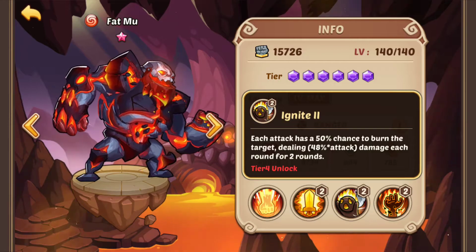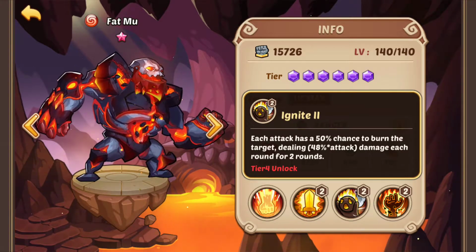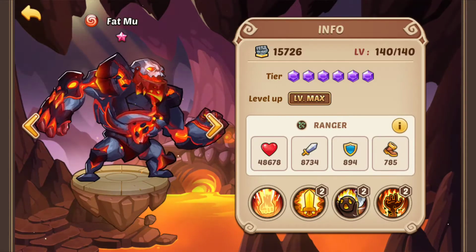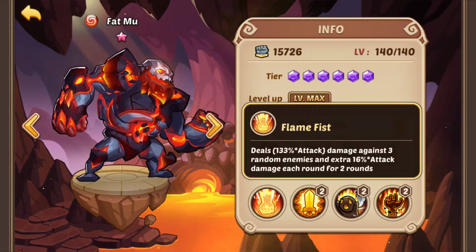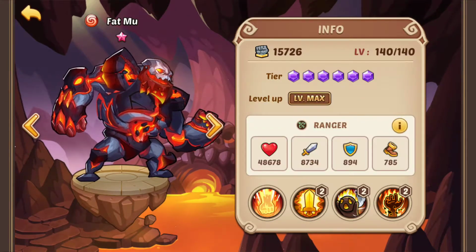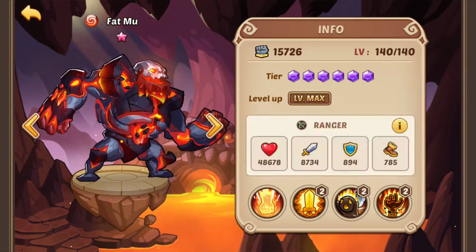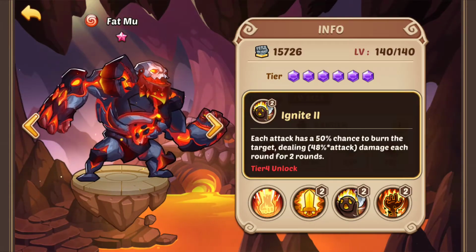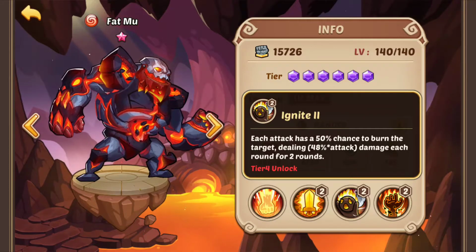Then I basic attack it with an Ignite, and the Ignite goes off. So that's 2 burns right there. And I believe they do stack because all these are different skills, and they all have different damage scaling. So you're going to have the burn from Flame Fist, the burn from Ignite, and let's say that frontline enemy